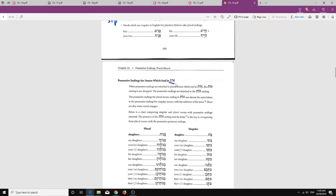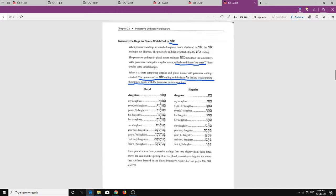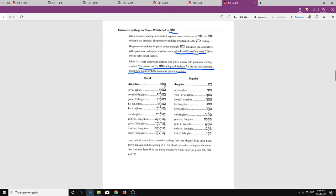Now our ones that end in ot, which are generally our feminine plural endings, do not drop the ot. So that ot will still be there, but there will still be an additional yod. That's the key here, the ot ending with a yod will tell us that we have a plural pronominal suffix. So this one should be painstakingly obvious whenever you come across it. So we have biti, my daughter, benotai, my daughters, bitka, your daughter, benoteka, your daughters,